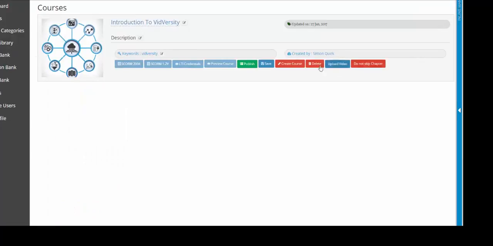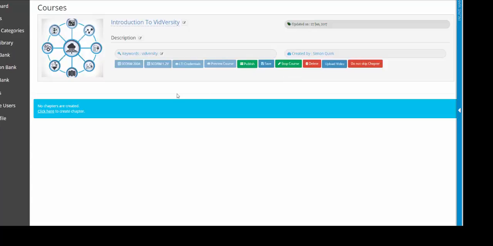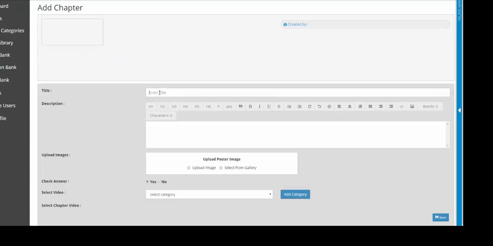And you have a number of buttons up here. The first to start with is create course, and it tells me I've got no chapters, so I need to create my first chapter. When you're designing your chapters, or naming your chapters I should say, make them quite intuitive so that the learner can use them. So introduction,